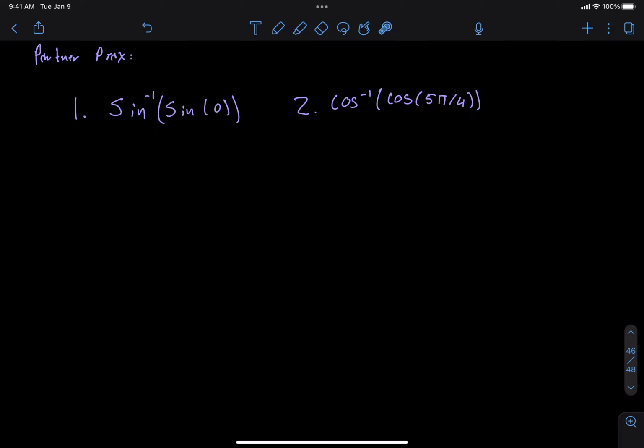Well, cosine inverse. Cosine inverse, we're looking for a point on the circle, so we're on the top half. So we're looking for a point on the top half of the unit circle whose x coordinate is negative 2. Cosine inverse of, what is cosine of 5 pi over 1? It's negative 3/2, right? And then now, we look for a point on the top half of the unit circle whose x coordinate is